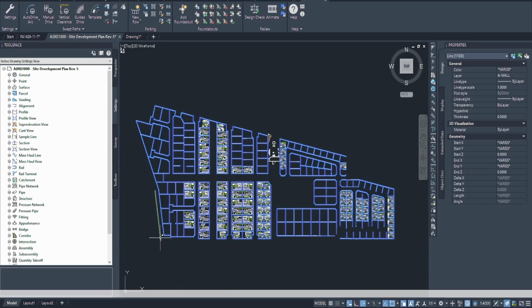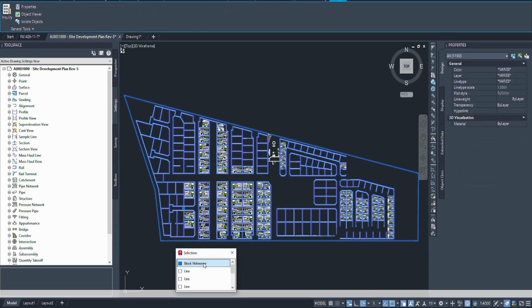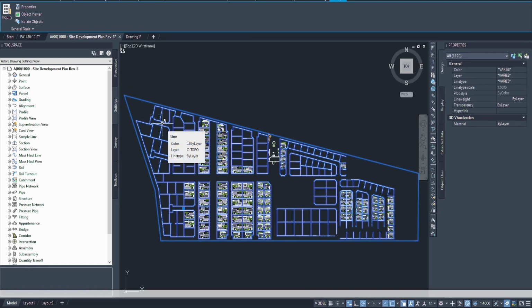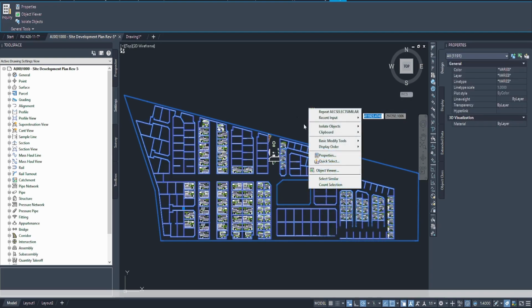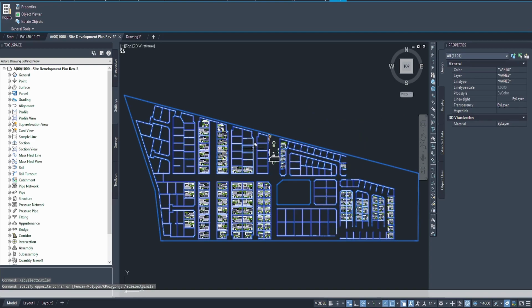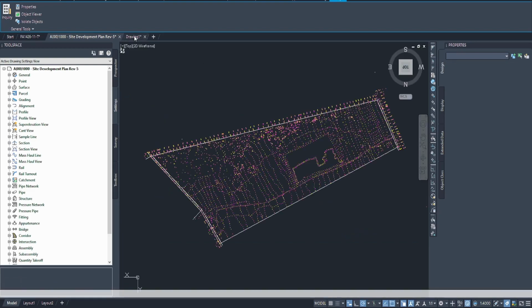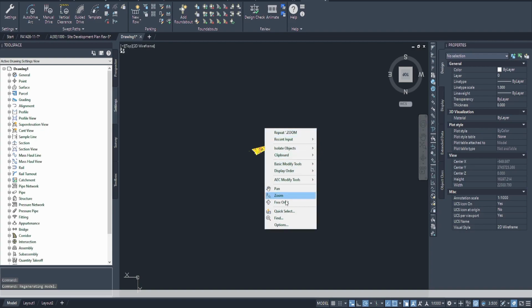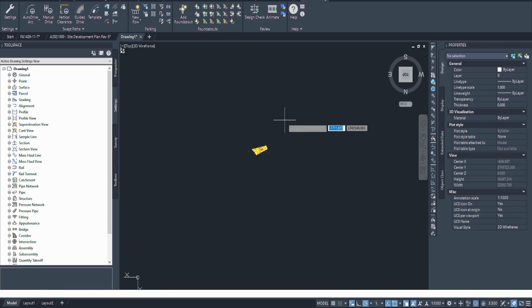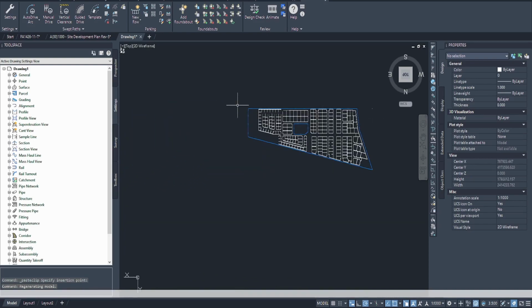So for this exercise I'll just use the basic lines, and I also want to use this boundary line because that is how we will orientate the drawing. There's also one that I want to use there. Alright, that's fine. So we can copy this across to our drawing. The architects work on a larger scale, so you don't have to paste to the original coordinates. You can just paste close by, and then if you zoom out, there's the